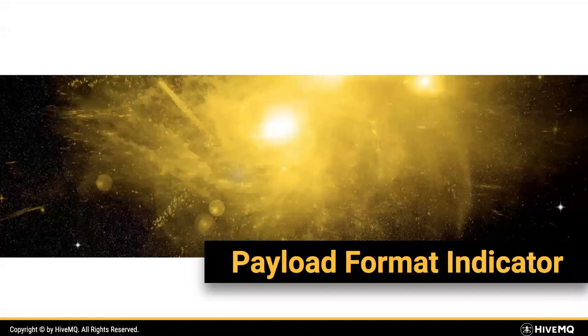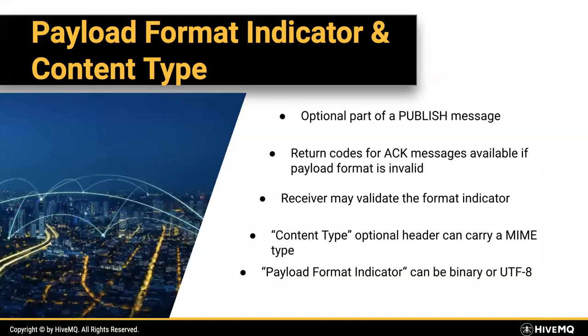This is a quick one, a payload format indicator. So each published message, in the past, MQTT saw every message as a binary message. MQTT doesn't care if there is text in there, if there's an image in there, or if there is some custom file format in there. Now you can tell the broker and the consumer of a message what kind of message this is. So number one, with the payload format indicator, you can tell if this is a binary message or a text message. This makes it easier for parsing.